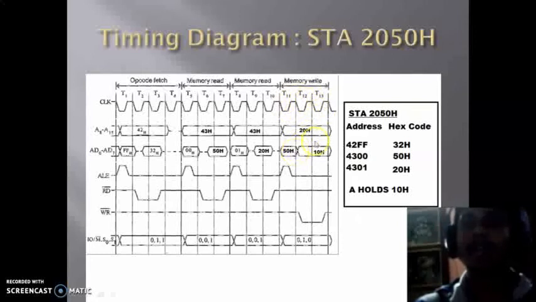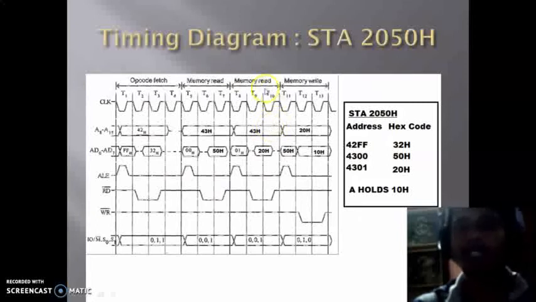Here the higher order address is 20 and the lower order address is 58 is placed here. The data stored in the accumulator will be placed onto the data bus, and when the data from the accumulator is placed onto the data bus, at that time the write operation is going on, so the write signal will be low. But in the other cycles no write operation is going on, a read operation is going on, so it will remain high. So this is the overall operation by which the content of the accumulator is sent to 2050H. So this is the overall operation of STA.